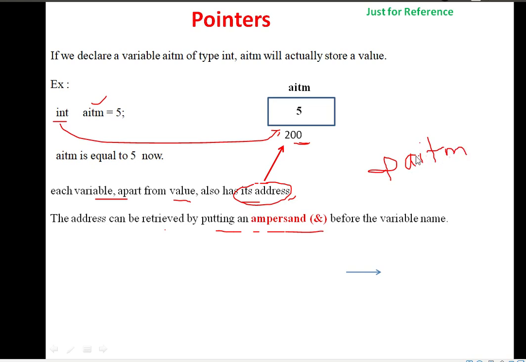It will print 200. If you want to print only the value, you just print aitm with the help of a printf statement. If you put the address operator, the address will be printed. Okay.